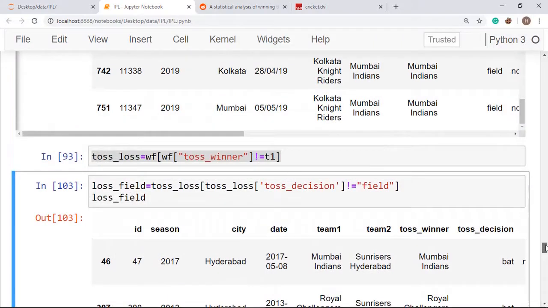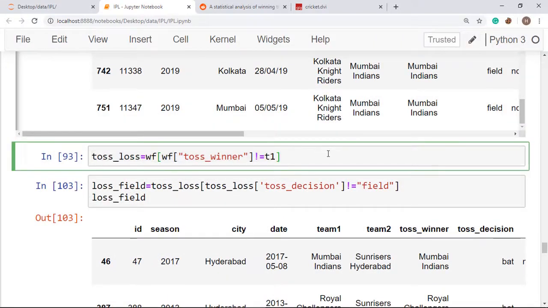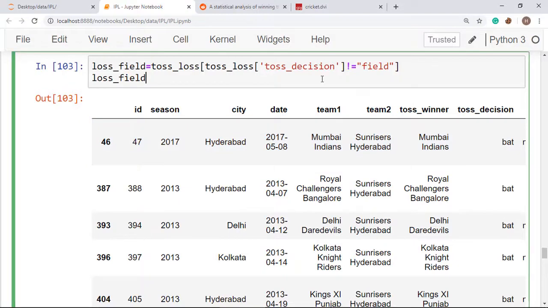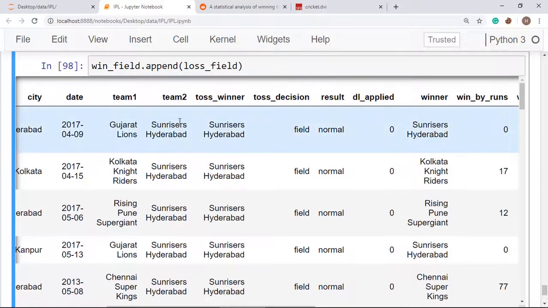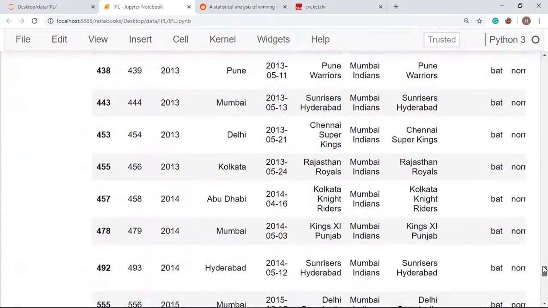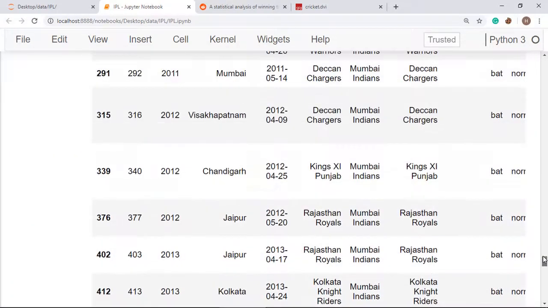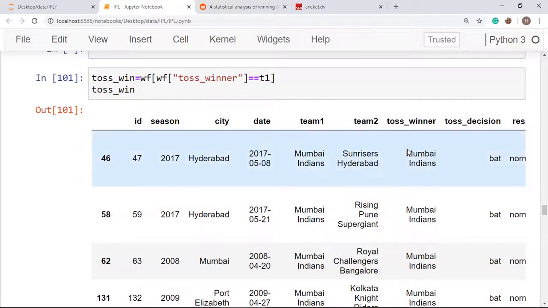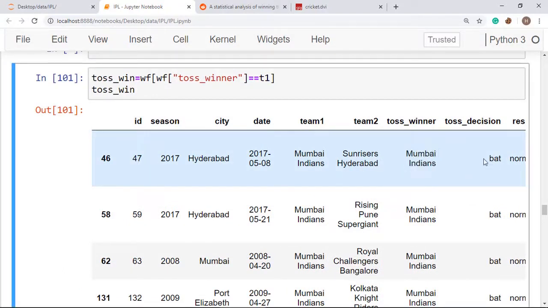Okay, so we are checking in toss loss. So first run this cell and then run this cell. Then you will get that Mumbai Indians has taken part in the game, and in all rows you can find that Mumbai Indians is either toss winner or the opposition took the decision as batting.